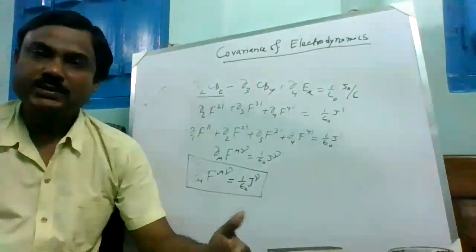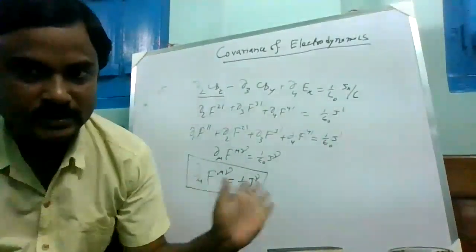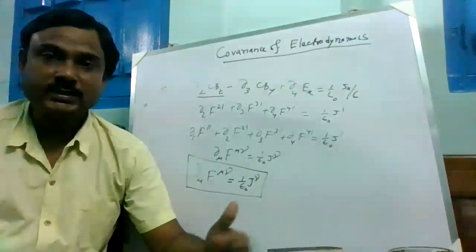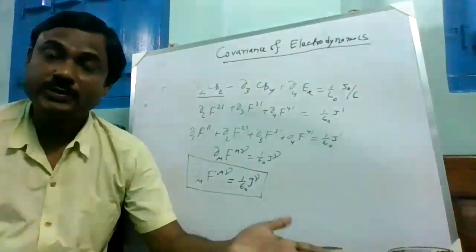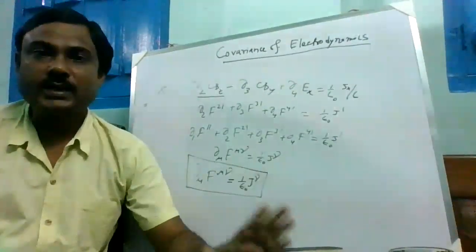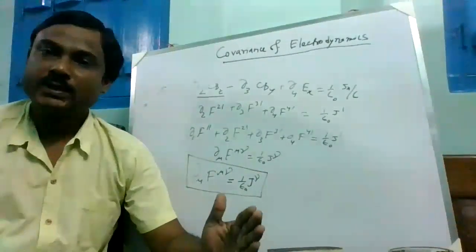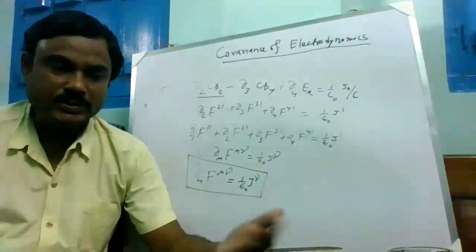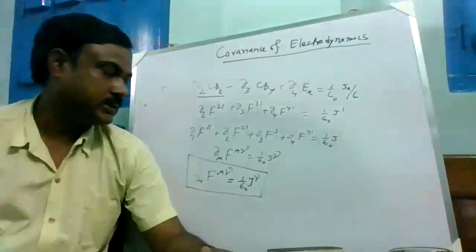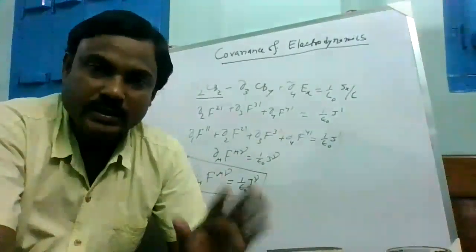While you perform it, you will have no clue. You can't express these equations in this form without elaborate thinking. That means the tensor has to be transformed. The electric field tensor has to be transformed, and that tensor is called the dual field tensor. Why is it called the dual field tensor? It will be clear when I derive this tensor and express Maxwell's homogeneous equations into this nice form. But that will be discussed in the next class.